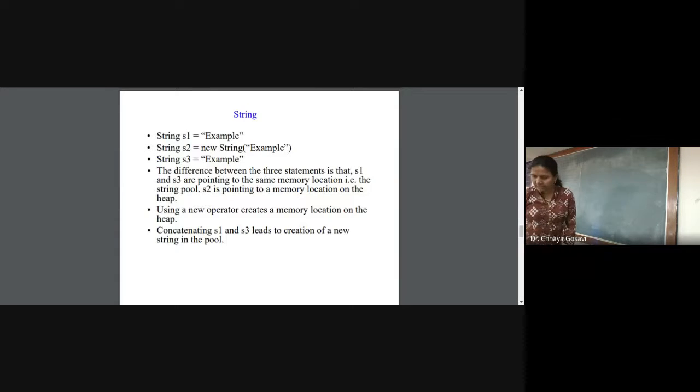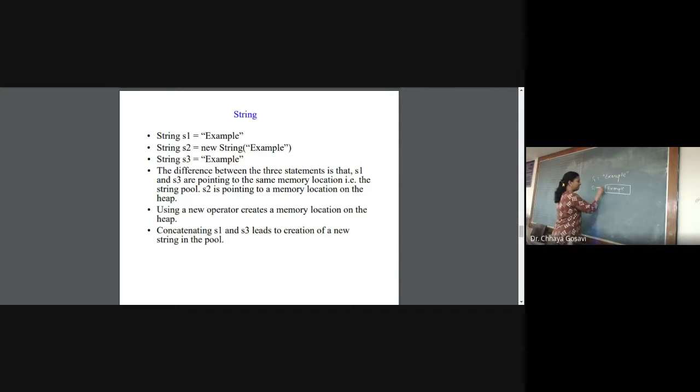So when you create a string without using the new keyword, for example, String S1 = "example", it will create an object of type String whose name is S1 and it will store the string "example" in it.